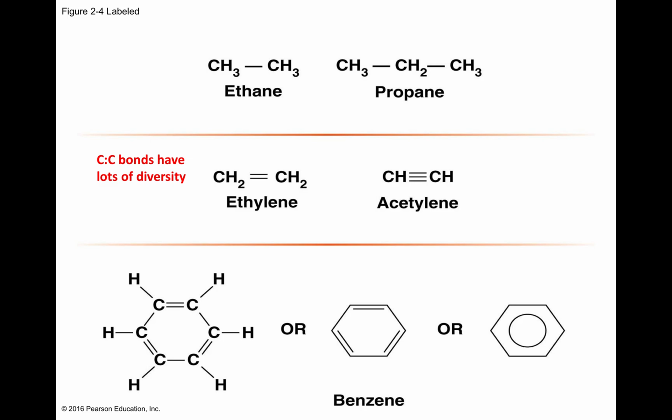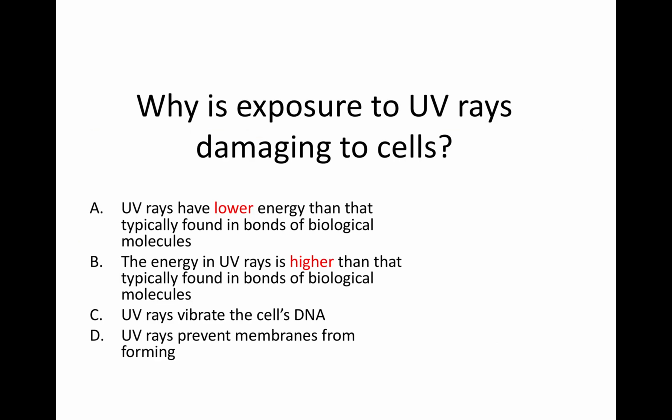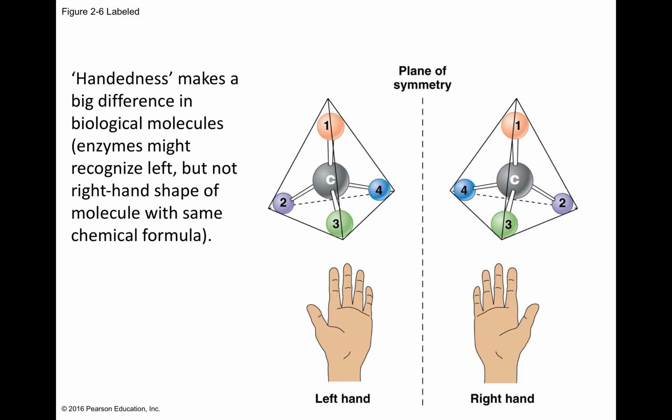Carbon can form single bonds, double bonds, triple bonds, and rings. You see all these in biological systems. So ethane has a single bond, ethylene double bond, acetylene triple bond, and then rings, and benzene. So lots of diversity in the type of bonds that carbon can form. So you can get a lot of different shapes. This hopefully is now obvious, and you can answer this on H5P. And shape is a theme that we'll talk a lot about in this class.